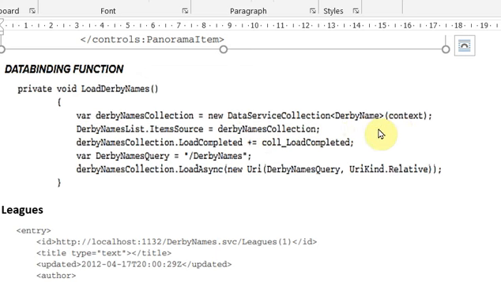This particular service holds the dynamic entities which need to be bound from the web service. And after that you're also passing the item source. The item source here is the Derby name collection, in which you're going to have the names of the different teams. You're going to load the names here, and this is nothing but querying your names, that is, which name you want to find. After that all the information will be displayed from the URI you have given. So this is about your panorama.